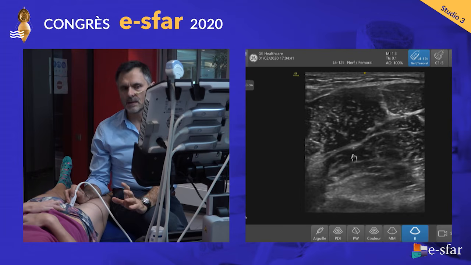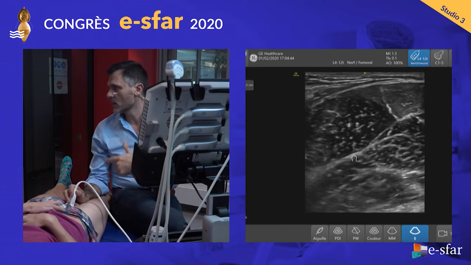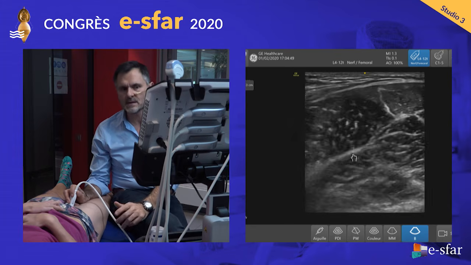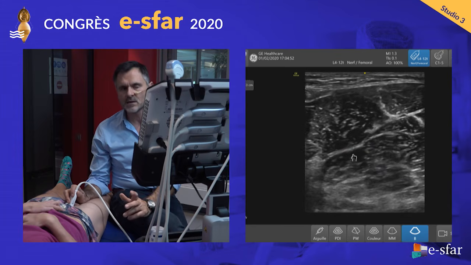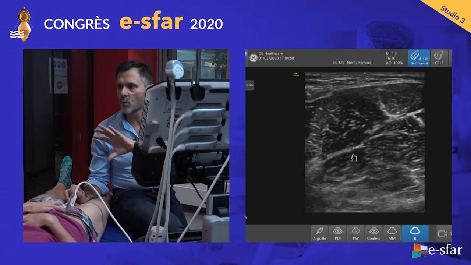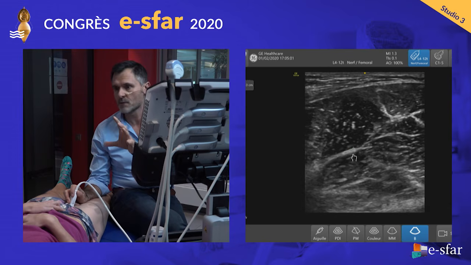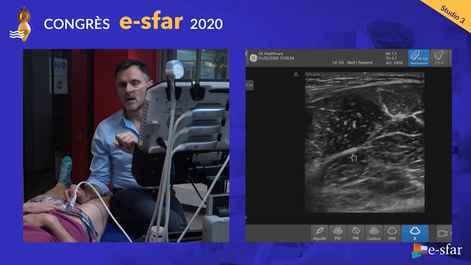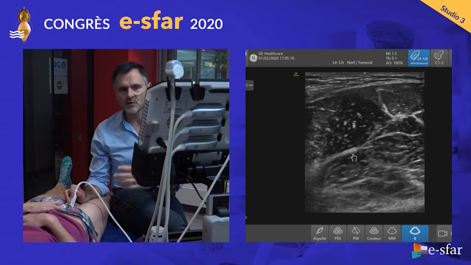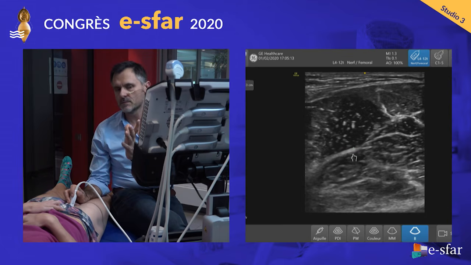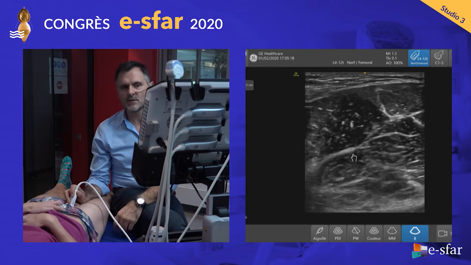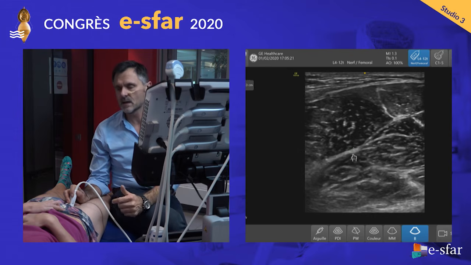But this point is still debated. So in our team, we are organizing at the moment a study to specify this point. But it is very interesting, because if it is a good technique, it allows the anesthesia of one out of three parts of the femoral neck, without ambulation problem, because the obturator nerve allows only the innervation of the hip adductors, so the patient is able to walk immediately just after the surgery. But this point is still debated at the moment.